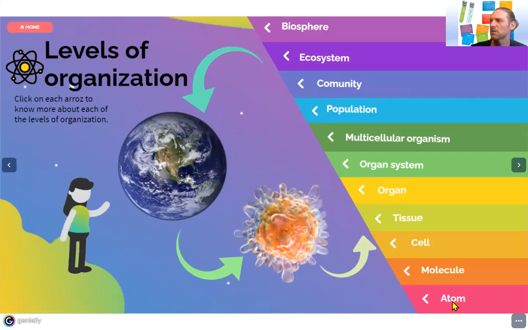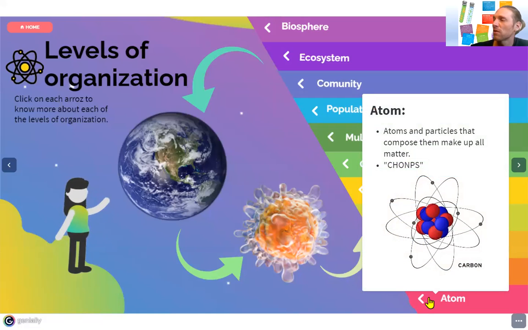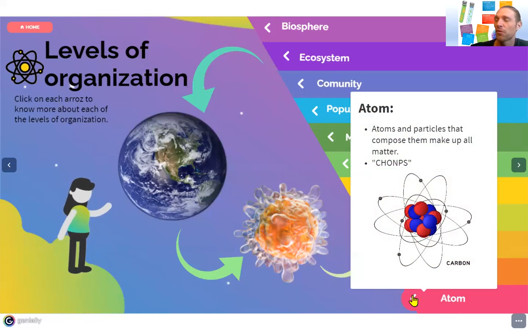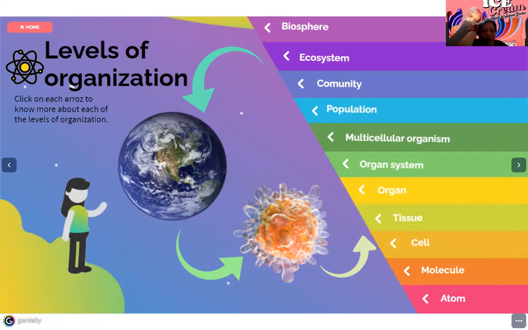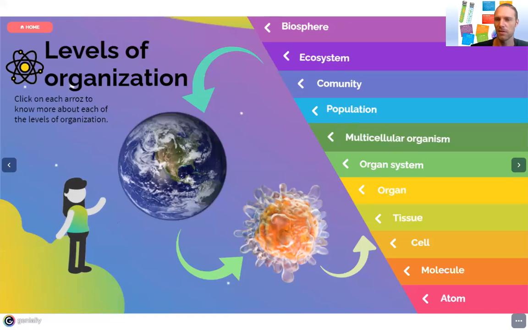Okay, so basically, this is how we divide things. The first one is the atom, okay? It's the smallest thing that exists in the world, at least if we don't take into account quantums, that would be quantum physics. The atom is the smallest thing. Of course, it's part of biology, but if we talk about atoms, which science are we talking about? Chemistry, of course, yeah.